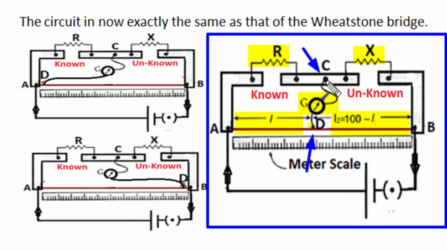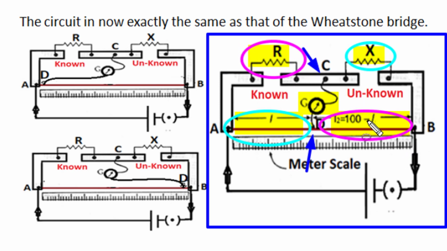and zero potential difference across the CD section produces zero current in this galvanometer branch, and a sensitive galvanometer shows null deflection position for balance condition of the bridge. And in this balance condition, this L length wire resistance P and unknown resistance have a multiplication value equal to the product of these two resistances of remaining length and known resistance, as shown in the magenta ellipse. So when the product of two opposite resistances in the bridge matches with each other, then we say the bridge is in balance condition, and in that balance condition we can compare known and unknown resistance in terms of balance length and